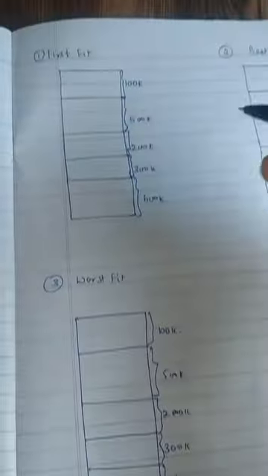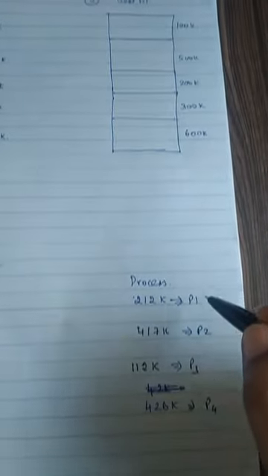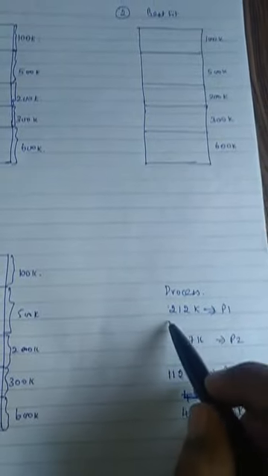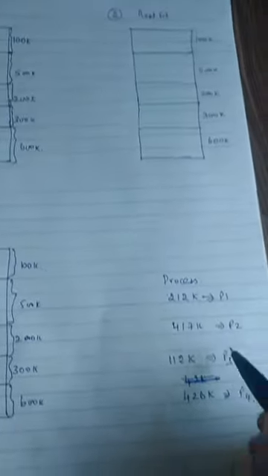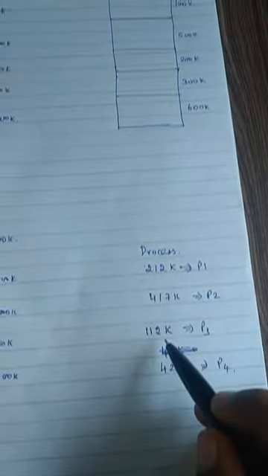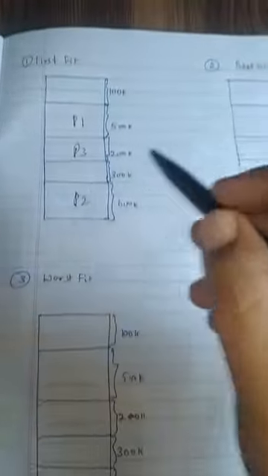The same thing you can show this way also. So in first fit, these are your processes P1, P2. So in first fit P1, whichever is available first. So in 100 you cannot place, but you can place here. So here you're placing P1. P2 is 417. You cannot place here, you're placing it here. P3 112, you're placing it here. And P4 you cannot place anywhere. Similarly